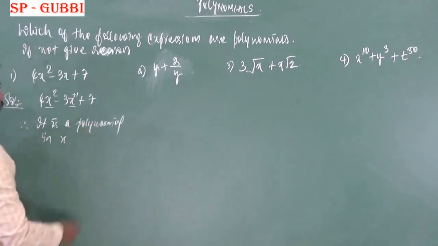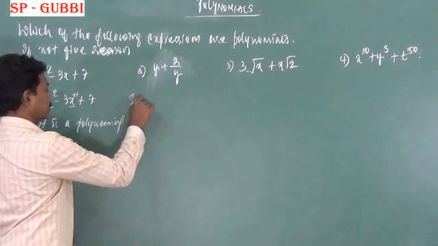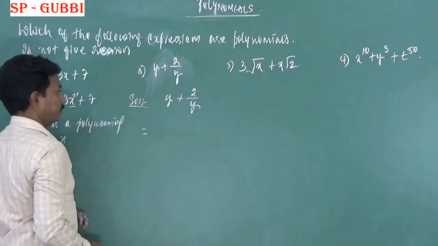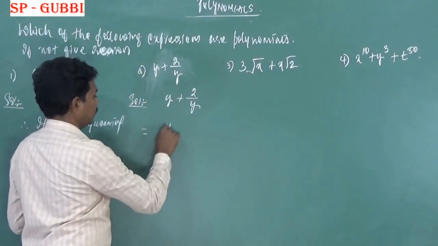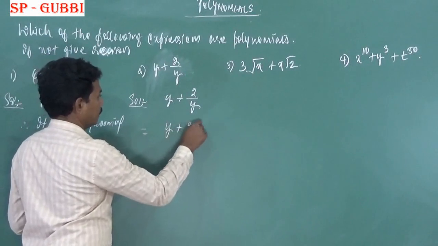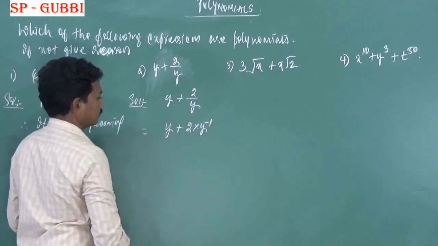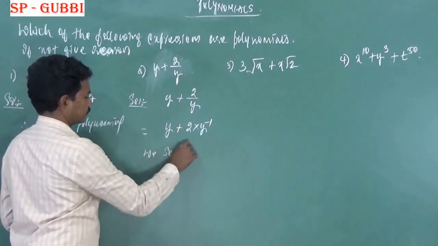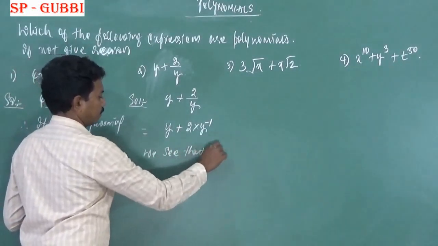Okay, let us go with the second one. y plus 2 by y is given. So y plus 2 into y to the power minus 1. This can be written like this. So here we see that the variable y